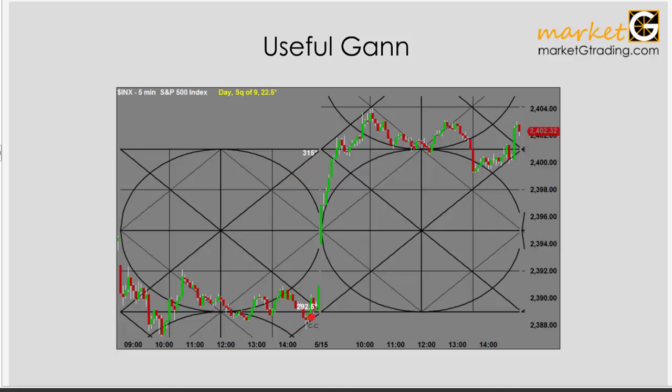You can see here the labeling of the prices, 292.5 and 315 degrees. I guess you just have to look at this and kind of see how it works. You have the combination of the geometry and the price and the time and finding the support and resistance zones. So it's very hard to write a sentence to explain this, but it's very